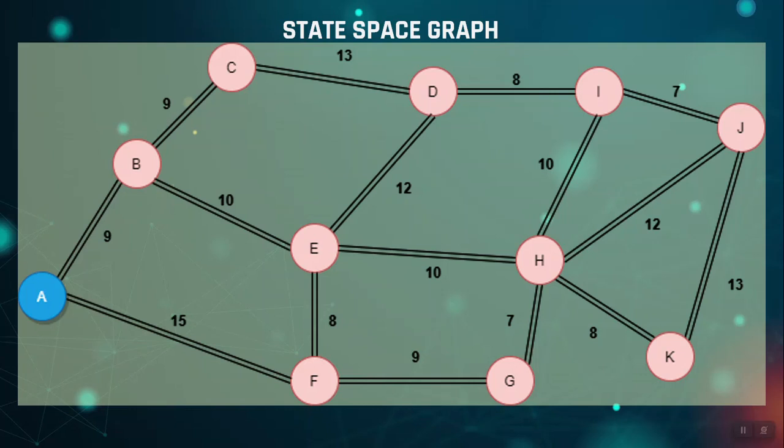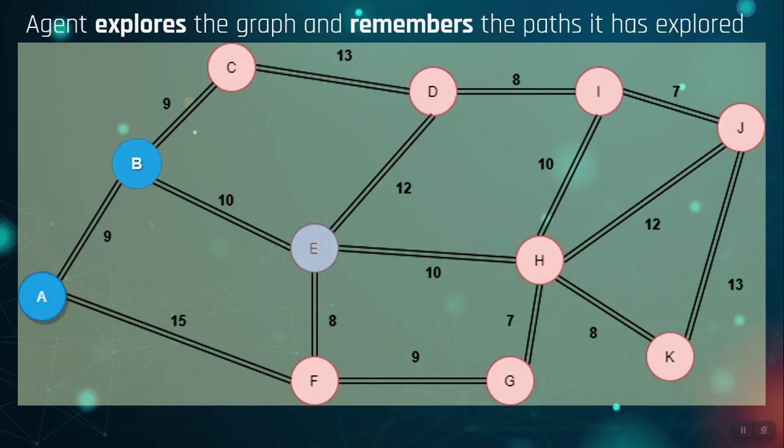Okay. So before we proceed to the third component of the problem, let's take a look first at what is called the state space graph, for us to better understand the successor function. So this is an example of a state space graph. So we see how states are related and how the agent traverses the states. So at each point of the exploration,